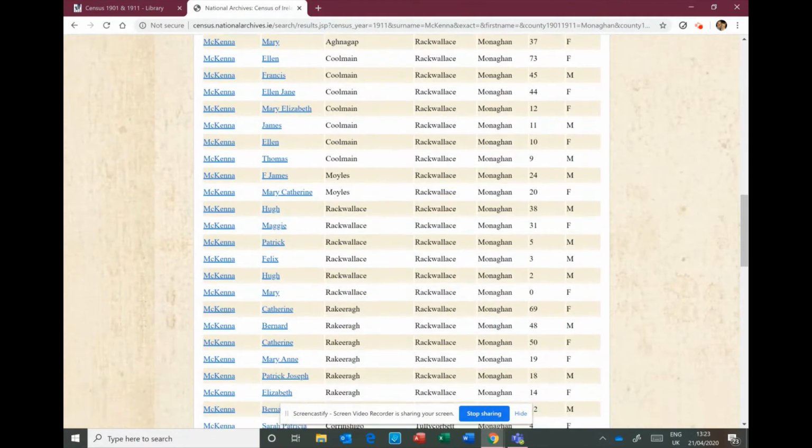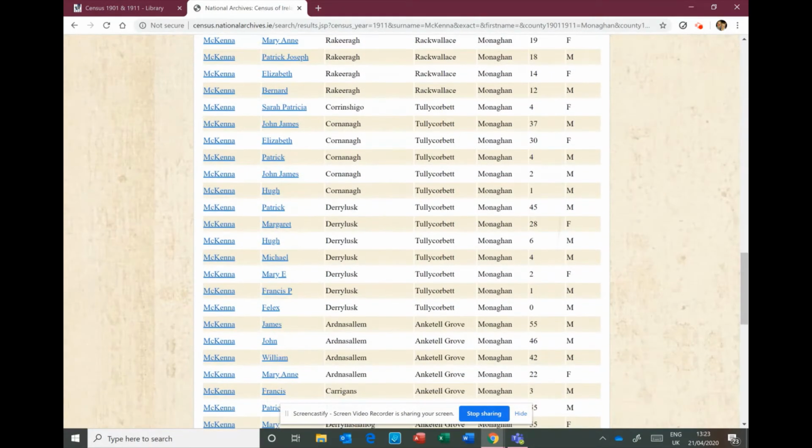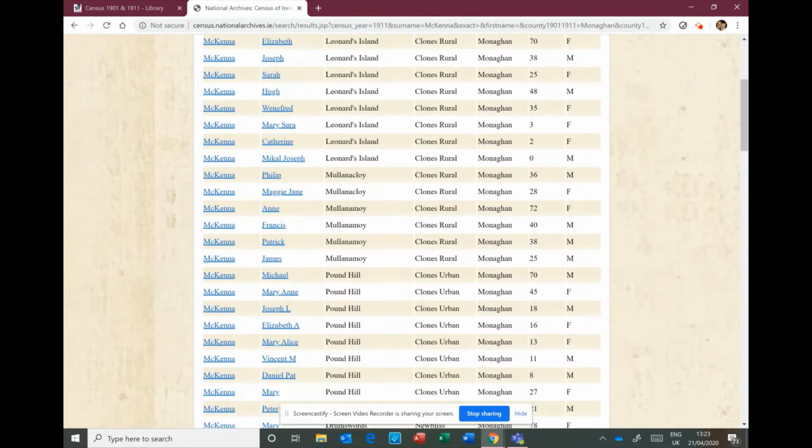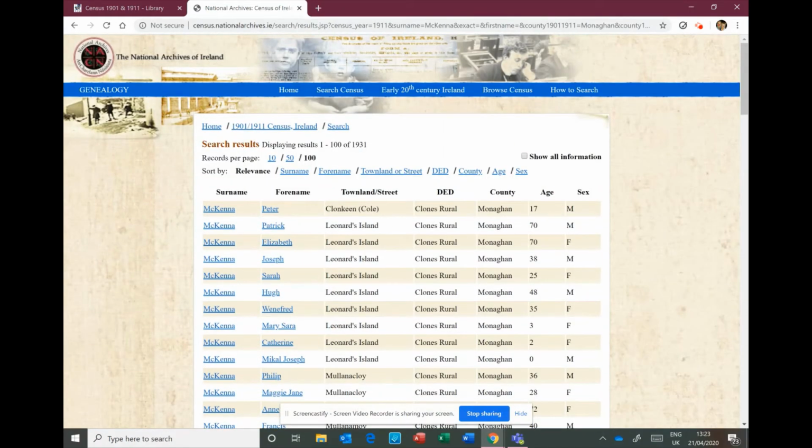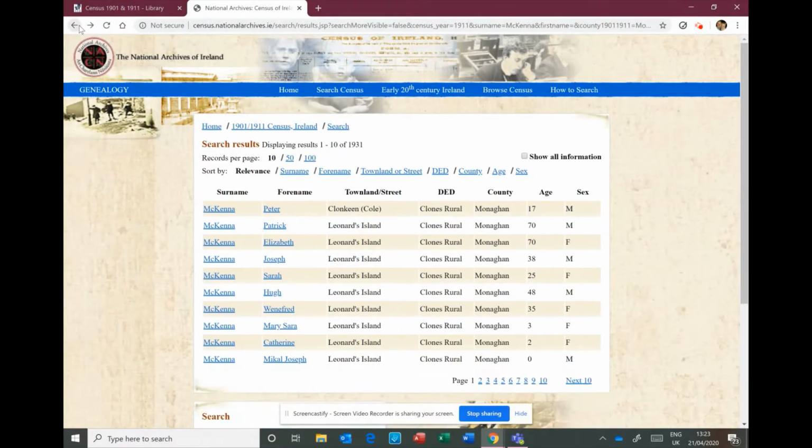Now, you can imagine if you didn't have a first name or a townland, it would be quite hard to find who you're looking for in that. So that's why it's useful to have as much information as you can before you start looking at this type of thing. But if you have a more unusual name,